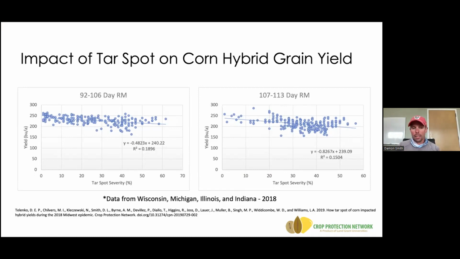In grain corn, it's about 5 bushels per acre of loss for every 10% increase in severity in the shorter day RMs, and in the longer day relative maturities, it's upwards of almost 8.5 bushels. So this fungus really likes green material. The longer a hybrid is green, or the longer it's growing, the more opportunity the fungus has. And so with longer RMs, we see a bigger impact on yield because the fungus has more opportunity to hit it hard.